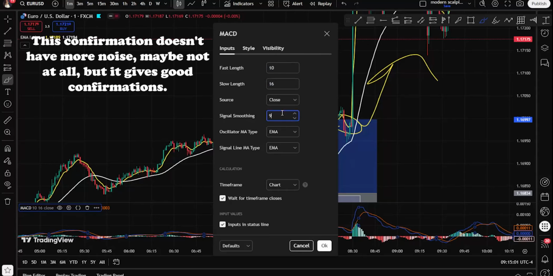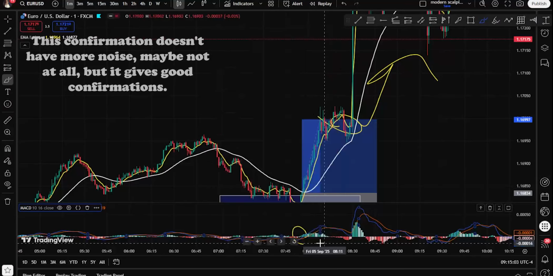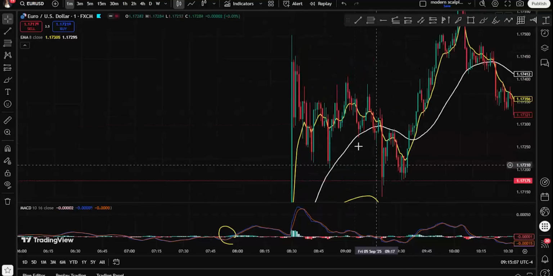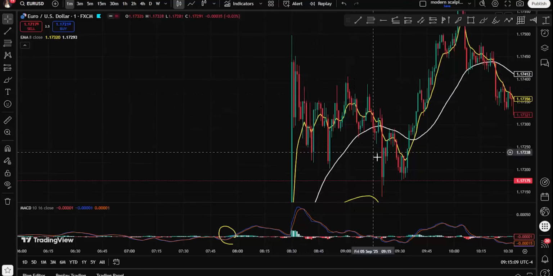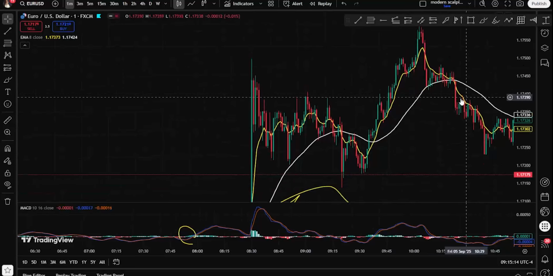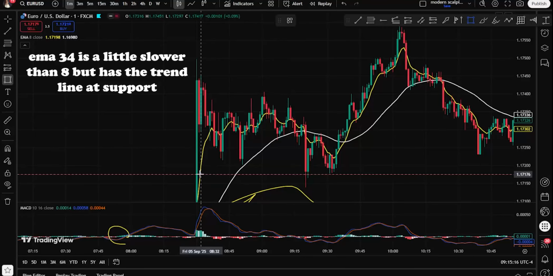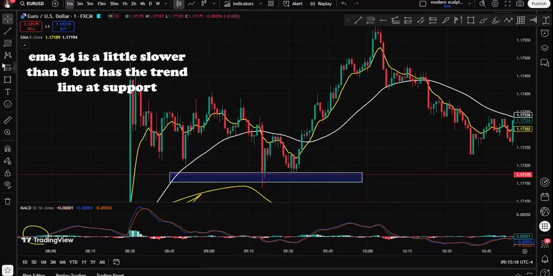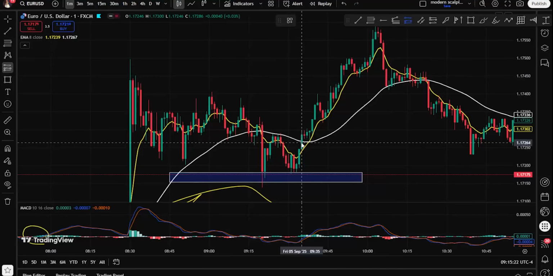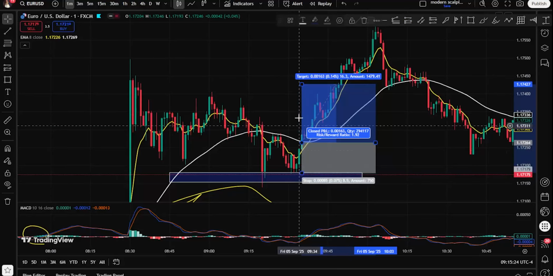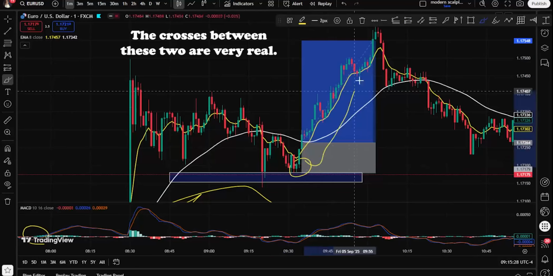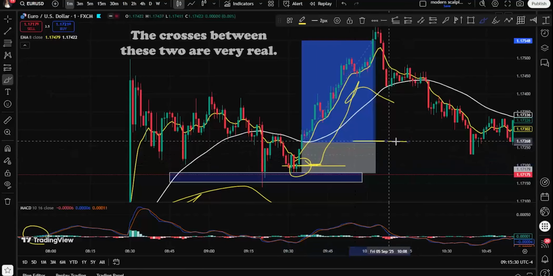EMAs. For this strategy, we usually use two EMAs. The first is the EMA 8, which moves very quickly and reacts to almost any price change. The second is the EMA 34, which is slower and acts as the main trend line. The intersection of these two tells you whether there is enough strength to change the trend or not. For example, when the EMA 8 crosses the EMA 34 from below, it is a possible sign of the start